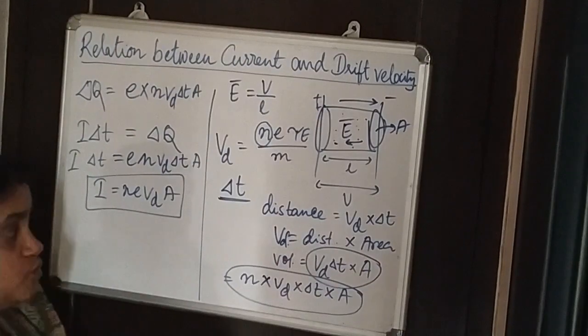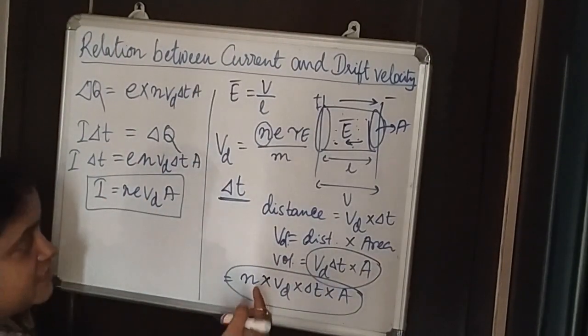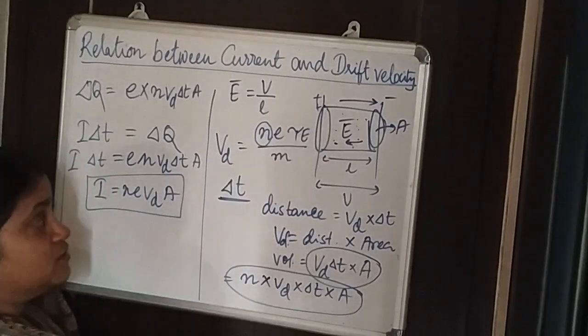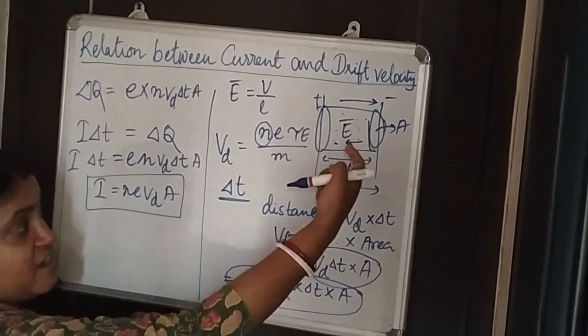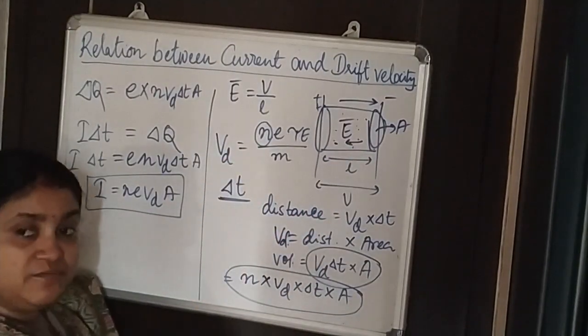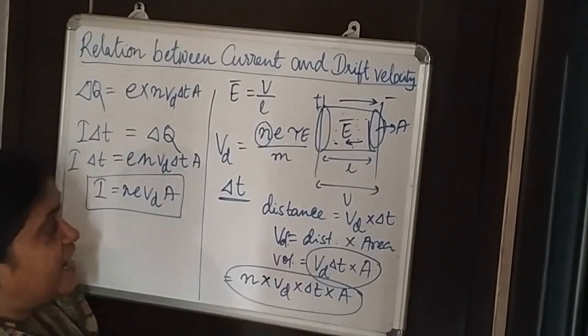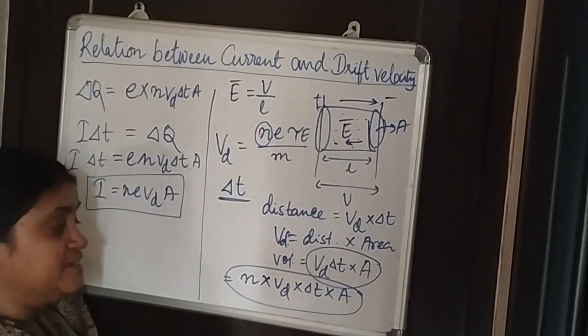velocity. So in this, what we see, the first thing that we have taken is the velocity of the electron that is moving in the opposite direction, and we have taken it for an interval of time which is delta t, and in the delta t interval of time it is moving with the velocity V_d.